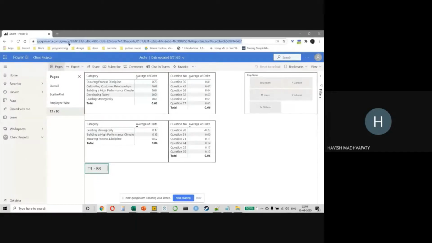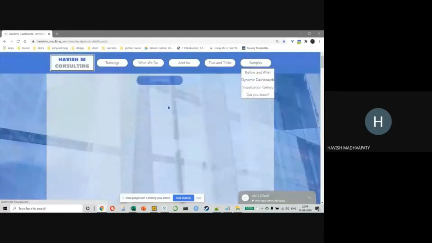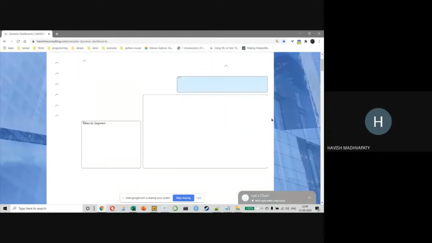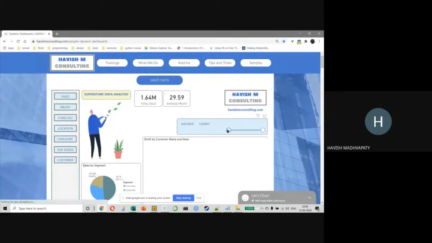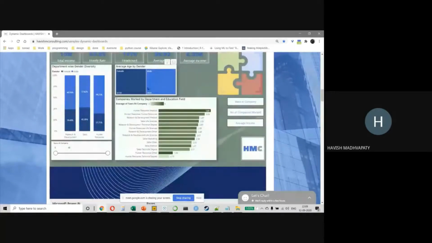And once you have done this, you can even have these interactive dashboards put on your website or any website that you have, like even a WordPress document. What I've done here is that on my website, I basically put these interactive dashboards. And of course, nobody can see the base data, but you can fully interact with all of these. This is an HR data set. This is another HR data set.